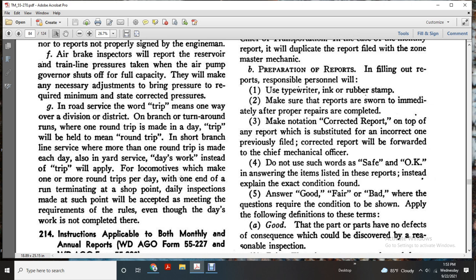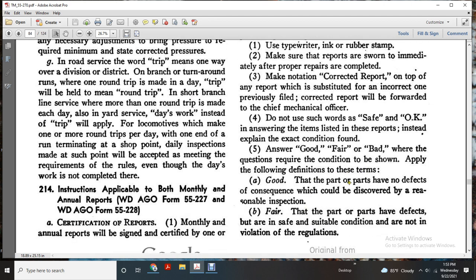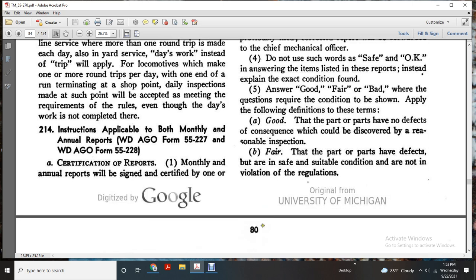Do not use superficial words such as "okay" or "same" in answering the items listed for the repairs; examine the exact condition instead. Answer good, fair, or bad wherever the questions require conditions to be shown, applying the following definitions. Good: parts that have no defects that can be discovered with a reasonable inspection. Fair: parts that have defects but are in safe and suitable condition, are not in violation of the regulations, and